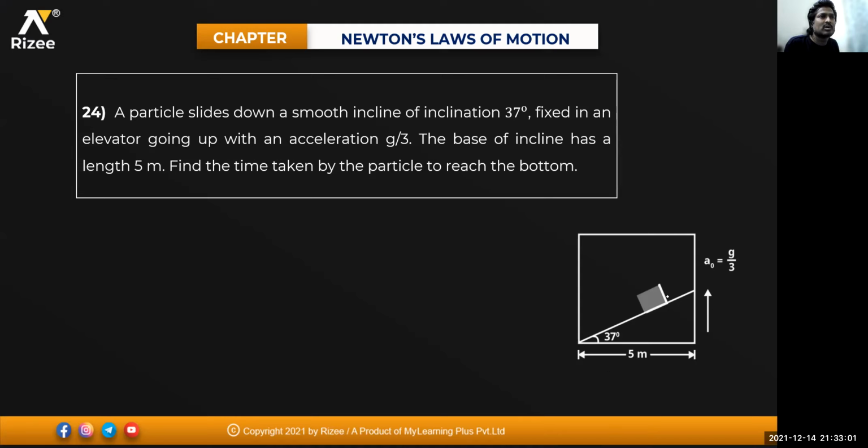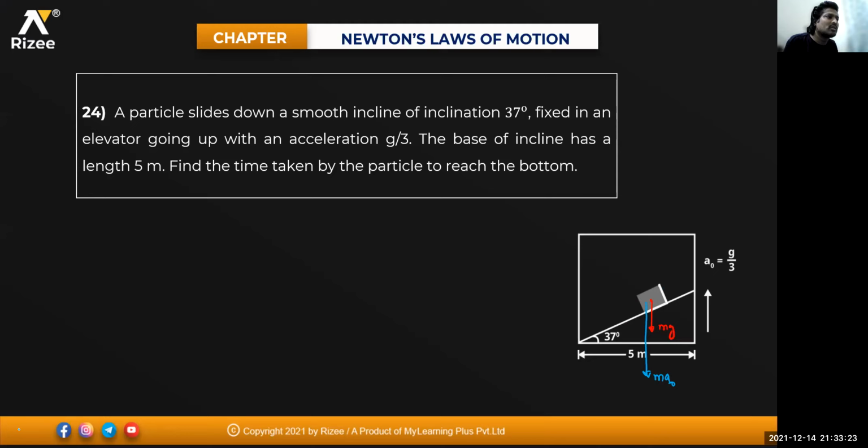So in this one, Newton's laws are not applicable. In order to apply Newton's law, what will we do? We'll introduce the concept of pseudo force. The weight of this body is m into g in the downward direction. Along with that, the pseudo force is also acting in the downward direction, which is m into a naught.